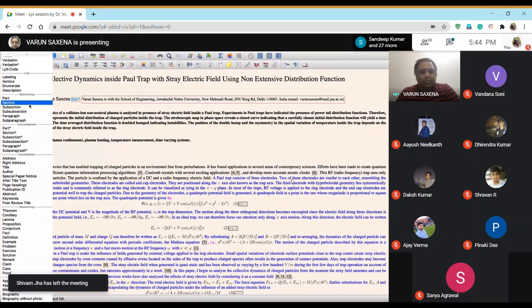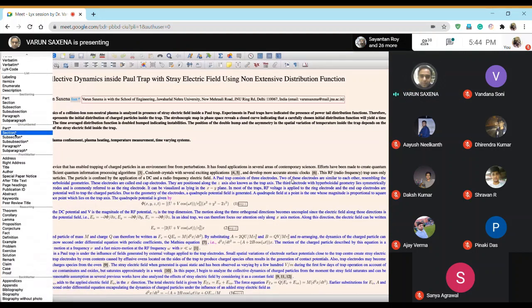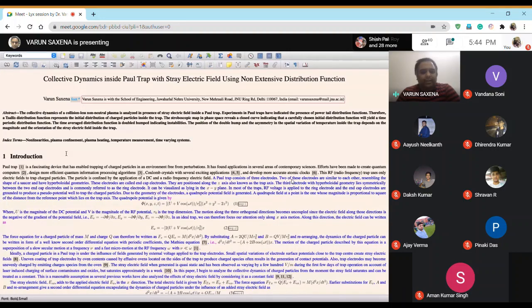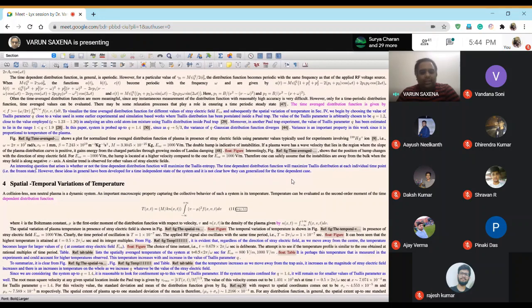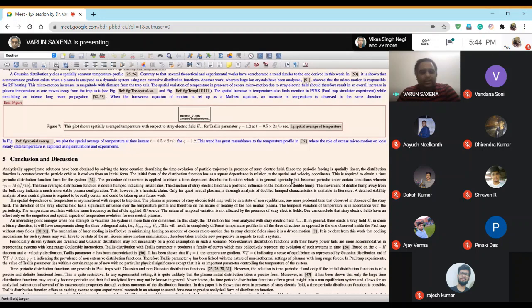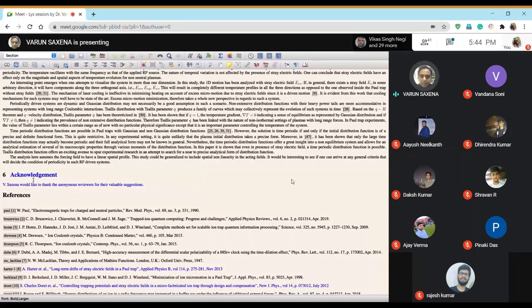The starred ones are unnumbered sections, which means they will not be given a number, and the ones without the star will. Then you have these sections that I've written: one section, a second, third, and fourth section, then a fifth section of conclusion. There is some acknowledgement, and then there are references.